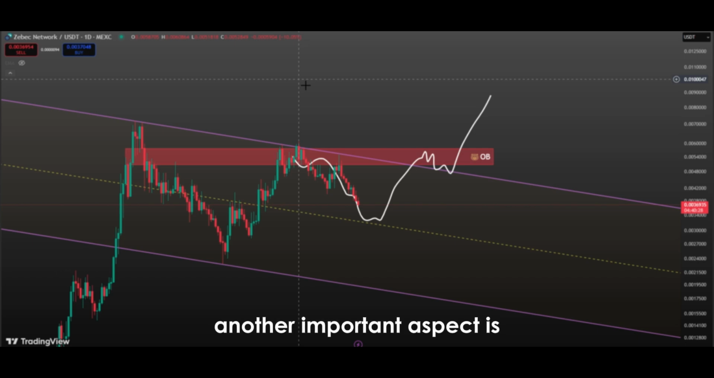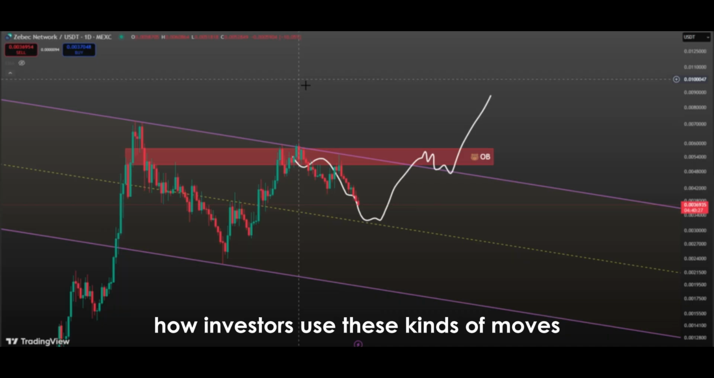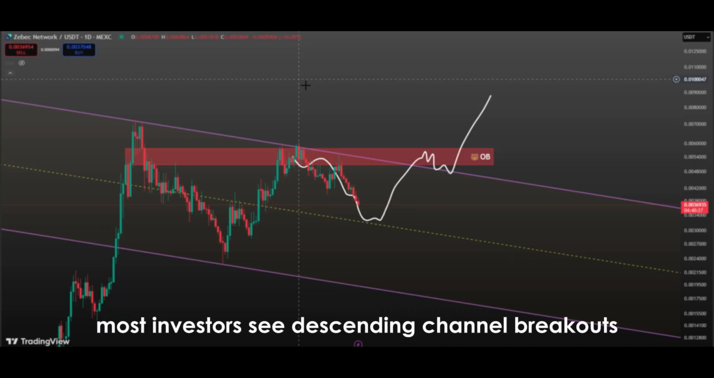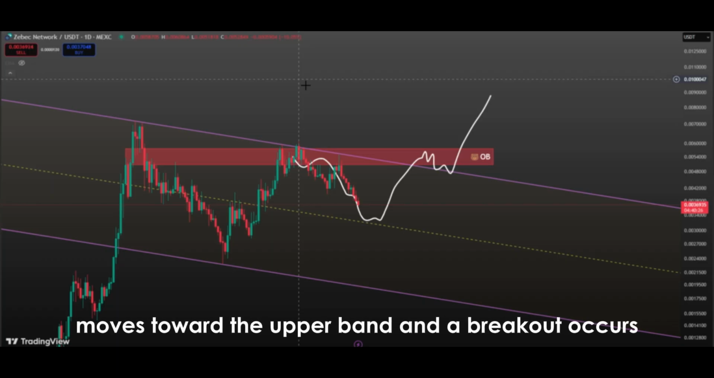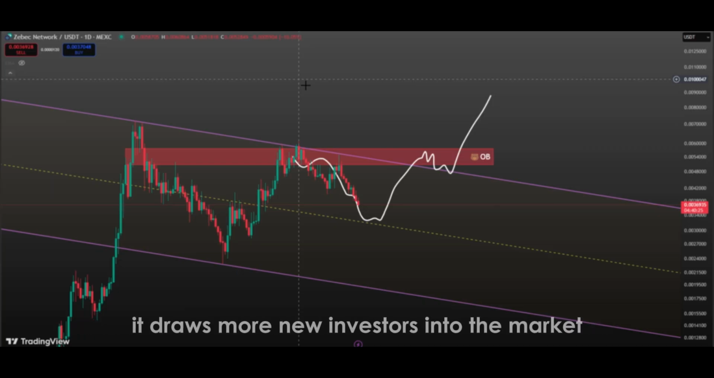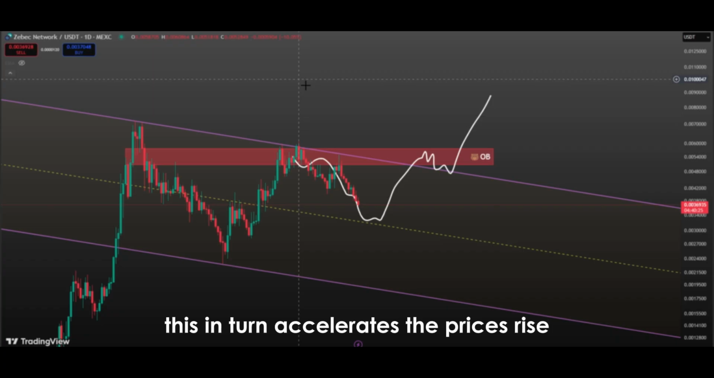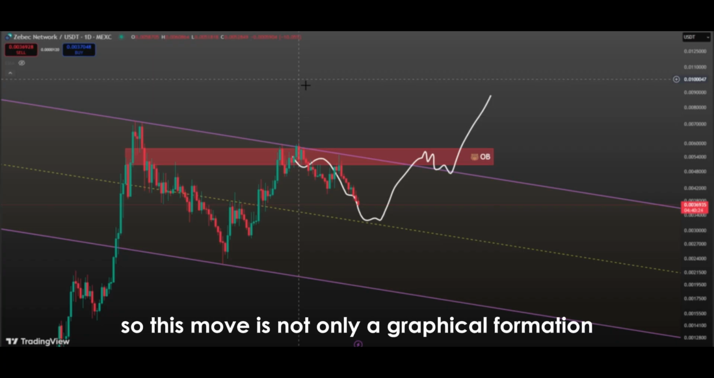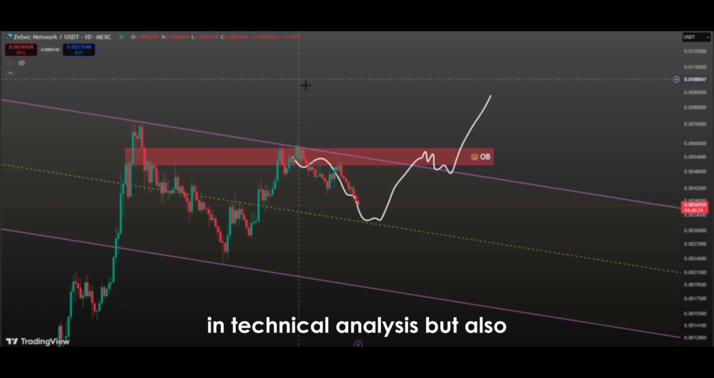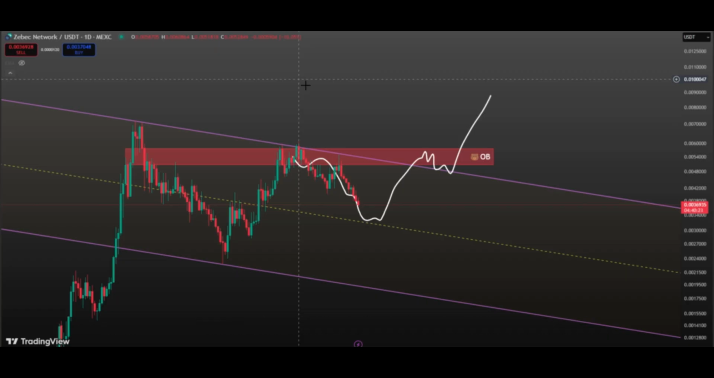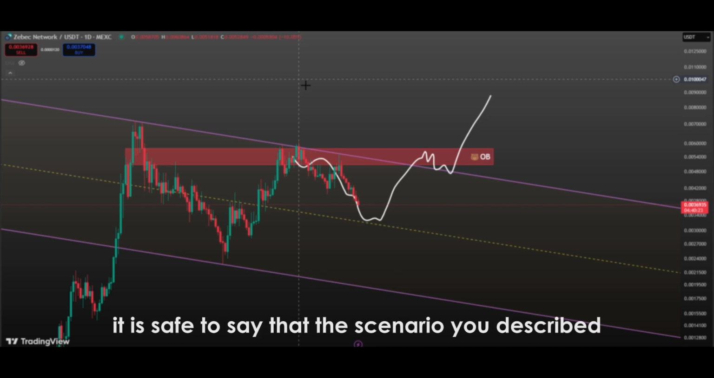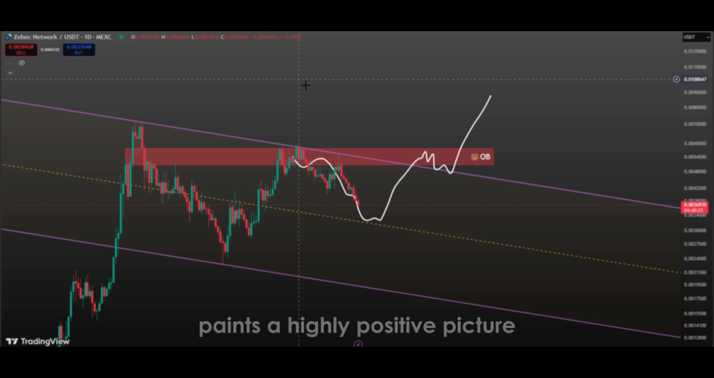Another important aspect is how investors use these kinds of moves. Most investors see descending channel breakouts as a trend reversal signal. So if the price tests the midband, moves toward the upper band, and a breakout occurs, it draws more new investors into the market. This in turn accelerates the price's rise. So this move is not only a graphical formation in technical analysis, but also a trigger for a chain reaction in investor behavior. Considering all these details, it is safe to say that the scenario you described paints a highly